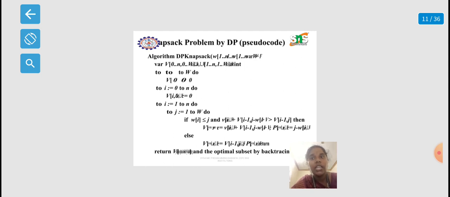For j equal to 0 to w do v of 0 comma j equals 0. For i equal to 0 to n do v of i comma 0 equals 0. For i equal to 1 to n do, for j equal to 1 to w do: